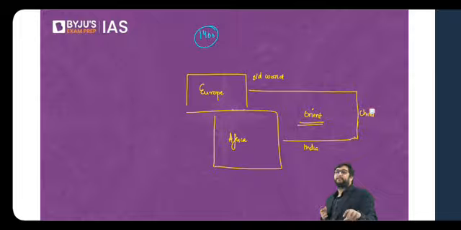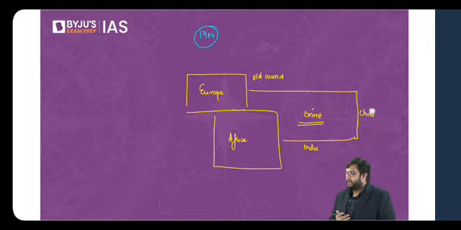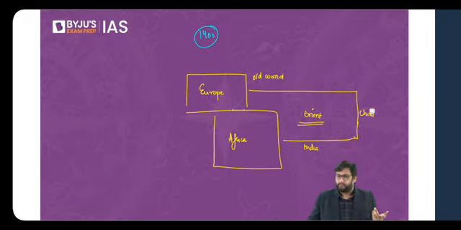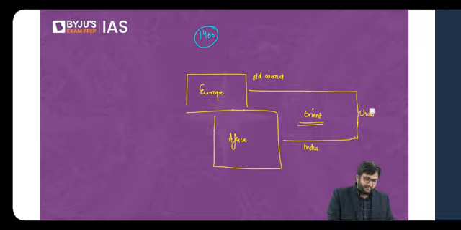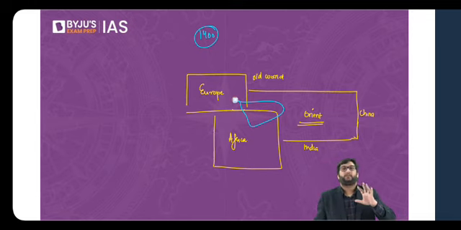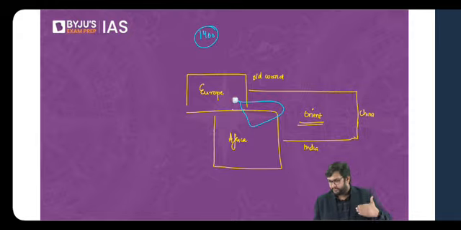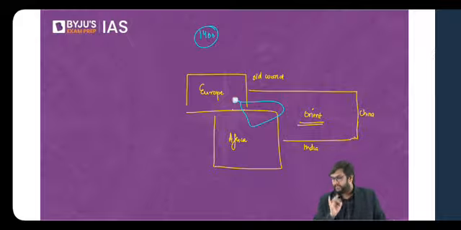Now, can anybody tell me what is the connection between these 3 continents? Why is it that these 3 continents were so easily known to the Europeans? Very good, trade. Yes, Shashank, very good. They have a land connection. Basically, you can move between these continents without going into the high seas, just crossing a certain amount of smaller seas or water bodies. These 3 are in a way land connected.